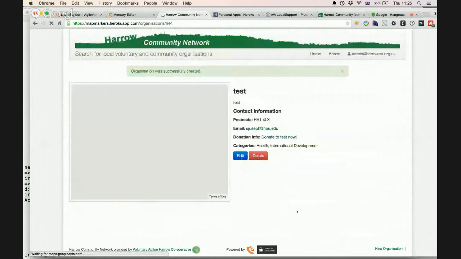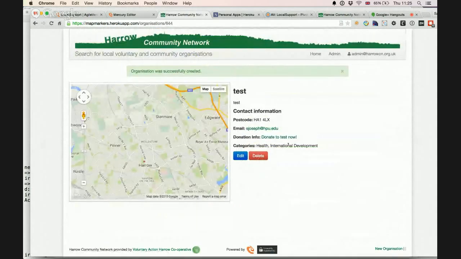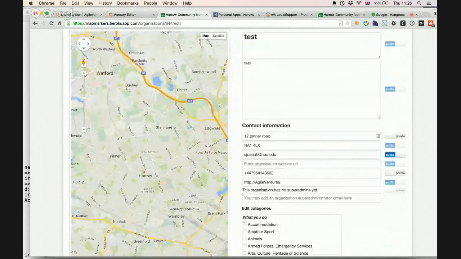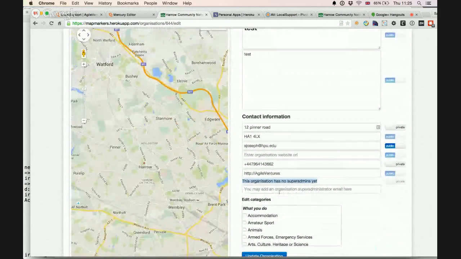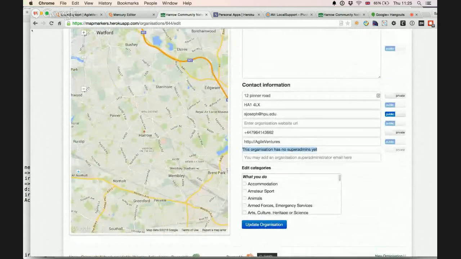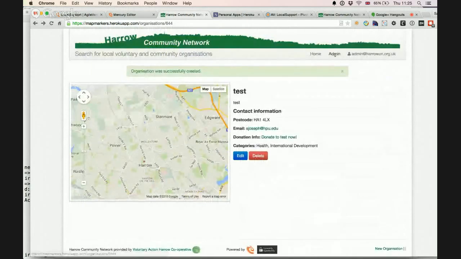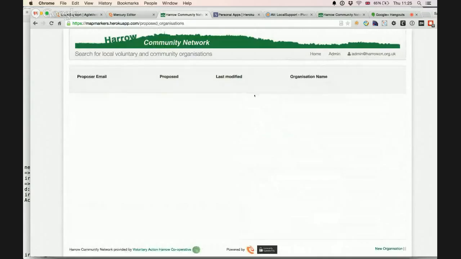If we go ahead and create that organization, it's interesting that for me that didn't actually add a super admin. Anyway, this is a separate server. The organization has been created, but I have a feeling if we have a look at all proposed organizations, we won't see it because as the admin, it's just gone through directly.